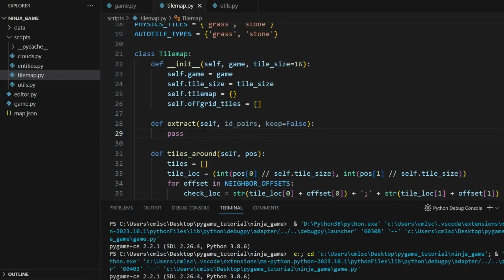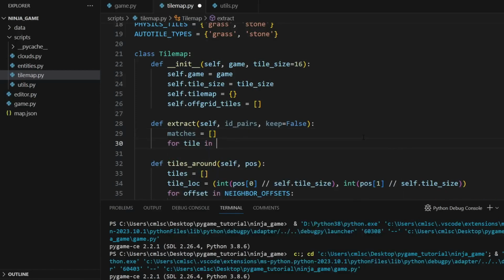So what this function will do is it will take a bunch of types of tiles that we're looking for and tell us where they are and give us information about them in our map. And then if we want, which is what this keep variable is for, we can have them removed from the map. So we're not going to need that yet because we do want to leave the trees hanging around in the map, but later when we do some other stuff, we might want to get rid of things. For example, if it's an entity spawn location, we might want to remove that from the map and then create an entity. Alright, so to do this, let's create a list and call it matches, and then we can iterate